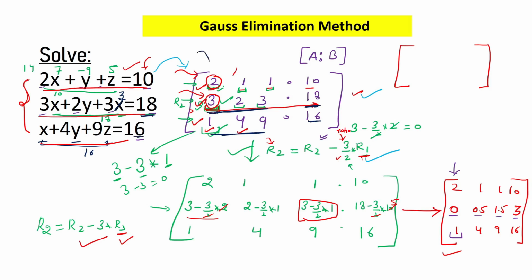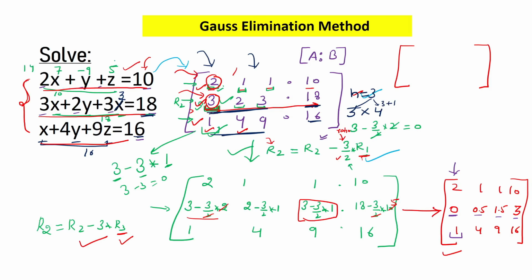While asking the user to enter the augmented matrix, you will enter all these elements in row form. Now if you see here, we have 3 rows. So the total number of rows is 3, and what will be the columns? Here we can see there are 4 columns. So for n equal to 3, your matrix size will be 3 into 4, that is 3 into 3 plus 1.